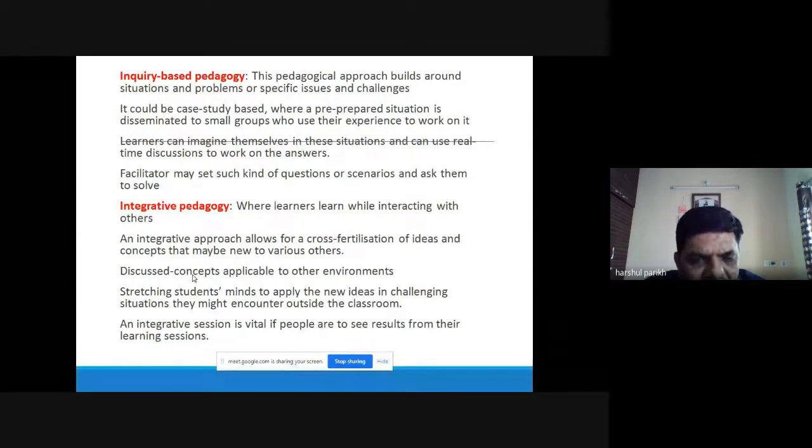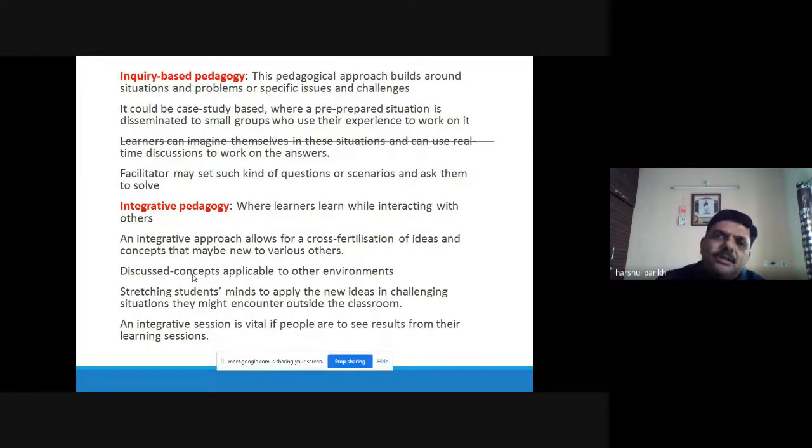This kind of pedagogy stretches the mind of students and brings new ideas from the brain of the learners. So an integrative kind of pedagogy session is very vital. And if people are to see results from this learning session,